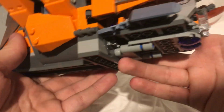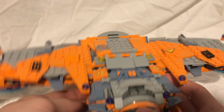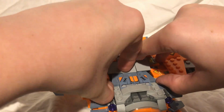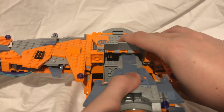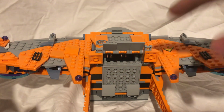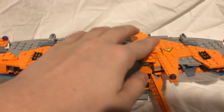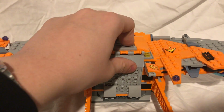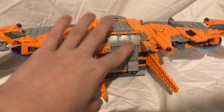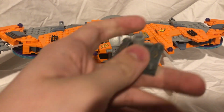It completes the ship, it makes it look better at the back here. Now I am going to remove that, because to be able to show you the rest of the set, and all the play features and stuff, I'm going to need to be able to get to that back hatch there. So I'm going to remove this pod, but in my displays that I have, I keep it with the pod in. So if we push that to the side a bit, next thing I'm going to show you is this,